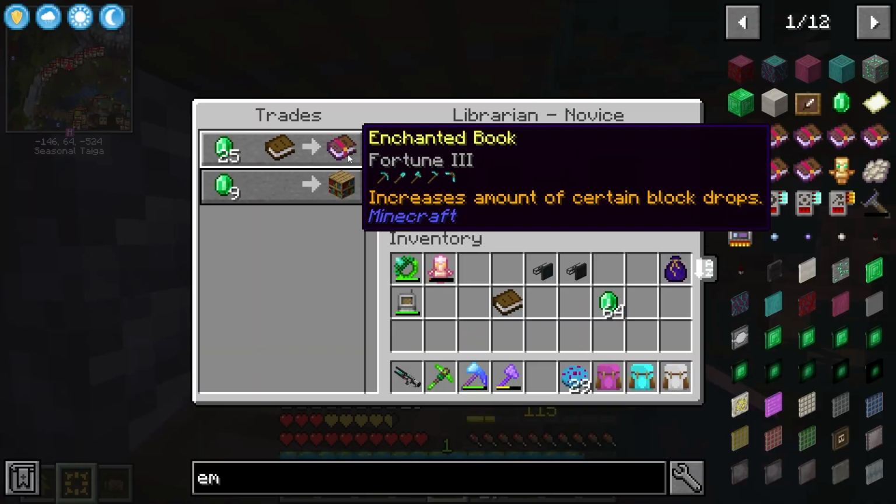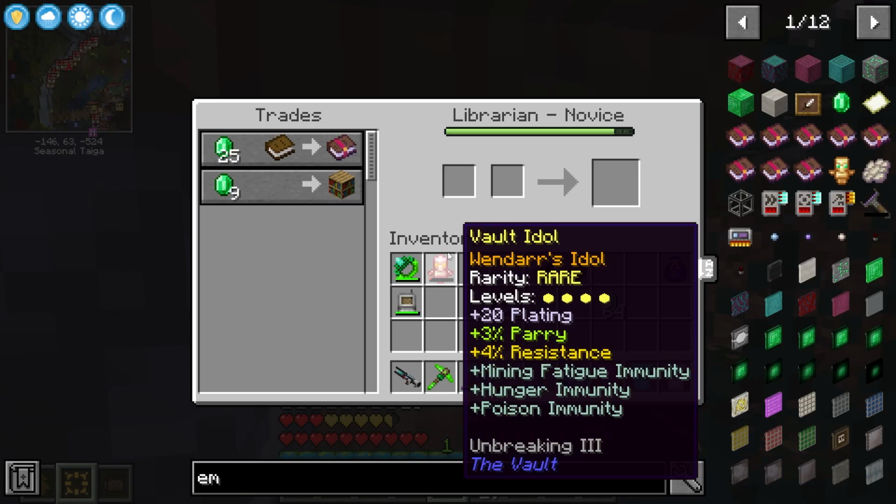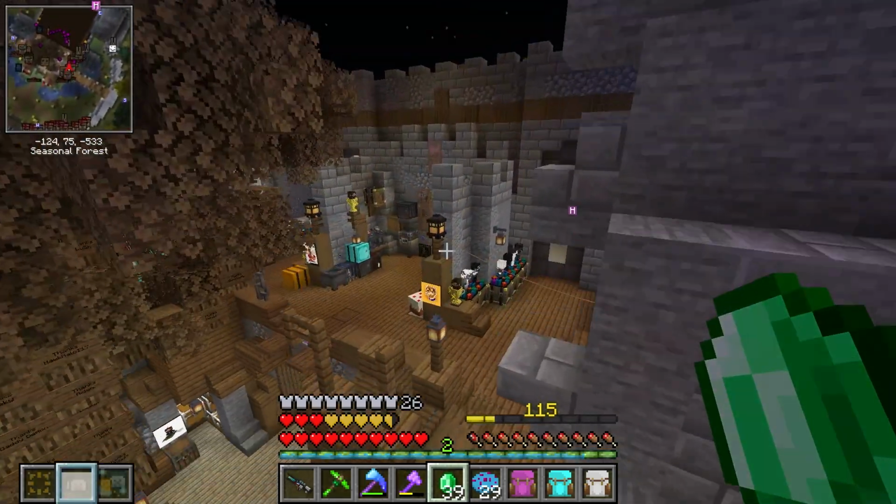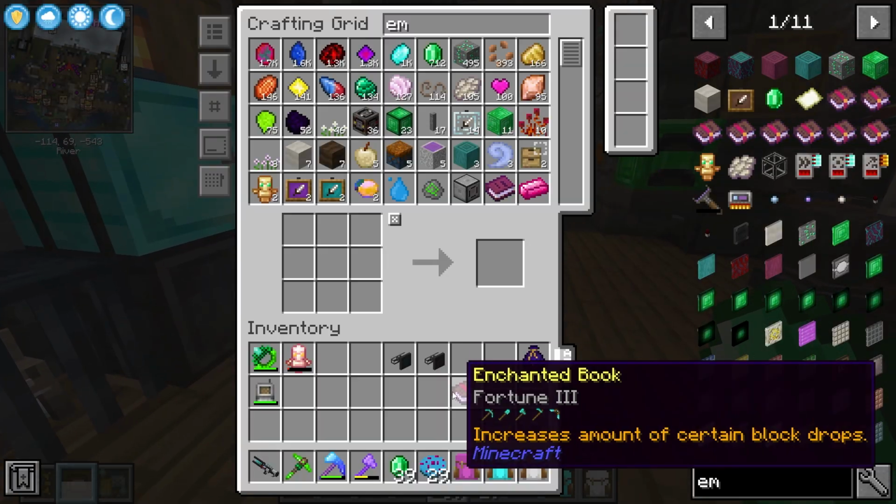I don't really know which one has fortune. Oh wow, I went to the perfect one. Nice. Fortune 3. Perfect. That is going to make my life so much easier, because what I can do is